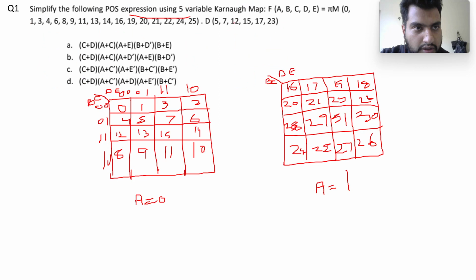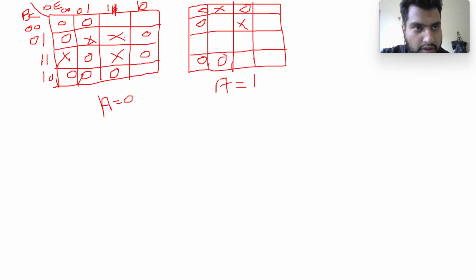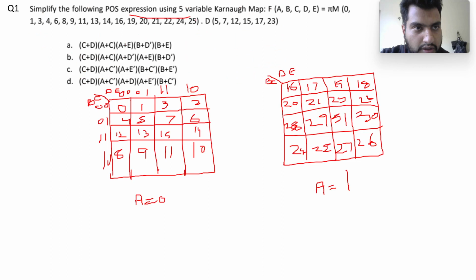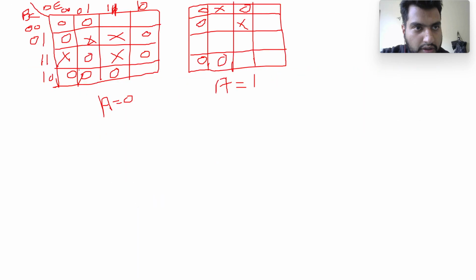So how many don't cares? 1 2 3 4 5 6. And how many zeros? 1 2 3 4 5 6 7 8 9 10 11 12 13 14 15 16 17. I'm missing something, so here 1 0 is missing. That's why you should check these things, and zeros are missing here. So 1 2 3 4 5 6 7 8 9 10 11 12 13 14 15 16 17. Yeah, now it's fine. So now we'll have to find the groups using zeros, and we have to first try